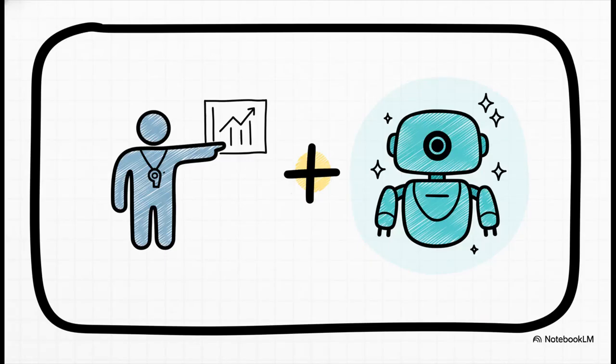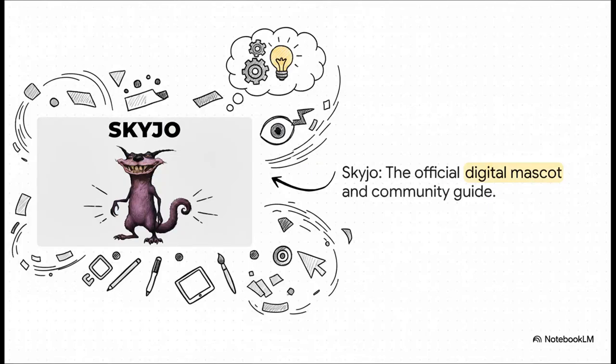And to guide us through this whole new world, we've got 2 main characters. First, there's Coach BK Han. He's the expert instructor, kind of leading the charge. And then you've got his futuristic AI-powered sidekick, SkyJoe. So here he is, this is SkyJoe, and he's way more than just some cute mascot. He's basically the embodiment of this new era we're talking about. He represents all that power of smart, fast, AI-driven creativity.